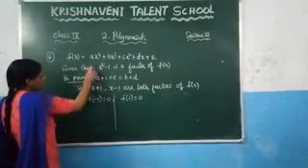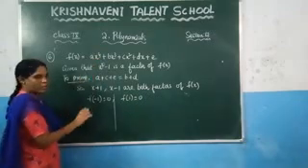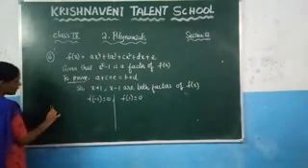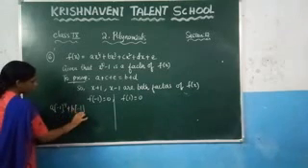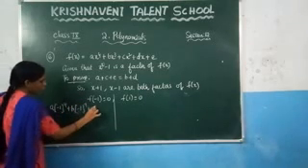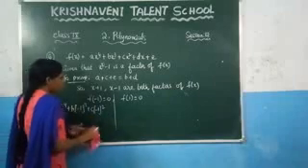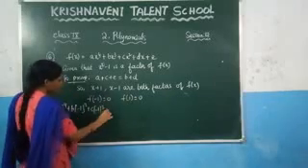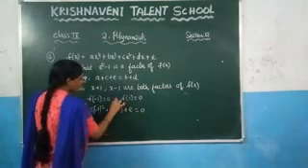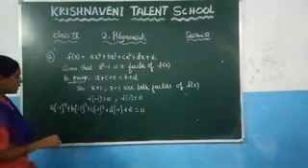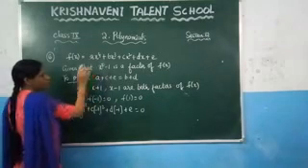That means in place of x you need to put minus 1. So put it here, what will you get? a into (minus 1) whole power 4, plus b into (minus 1) whole cube, plus c into (minus 1) whole square, and after that plus d into (minus 1) plus e is equal to 0. This is the first one. Here, in place of x we have substituted minus 1.